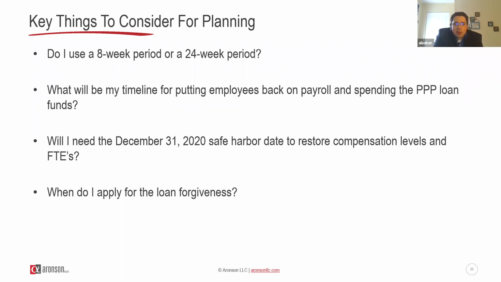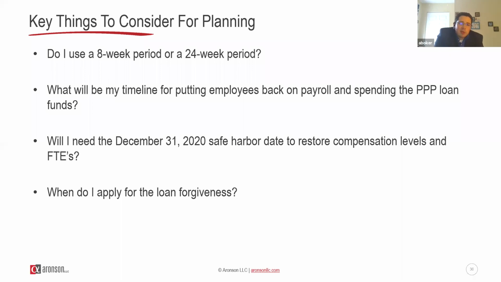I spoke with a couple of clients yesterday, and while I'm sure most of you are thinking 24 weeks is the way to go, I spoke with a food distributor yesterday, and their 8 weeks is up. They spent all the PPP money, and they're still not back up to full force, and they're going to have to start furloughing and laying off some employees. In which case, a 24-week period would not make sense,